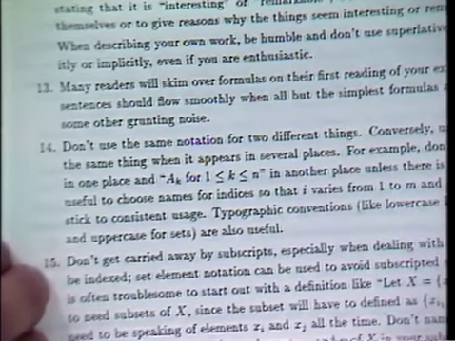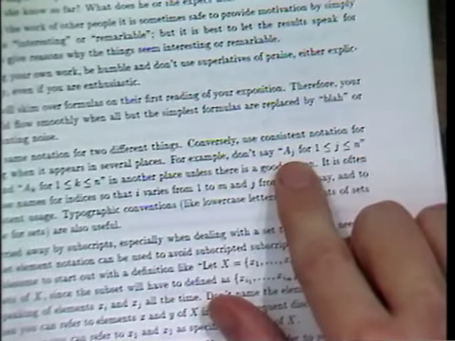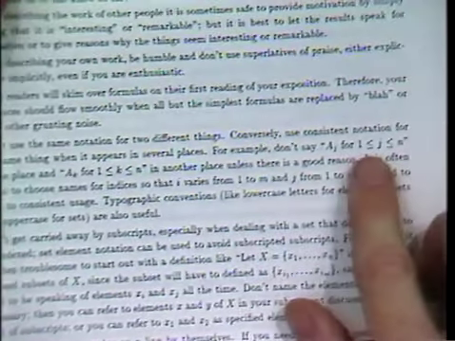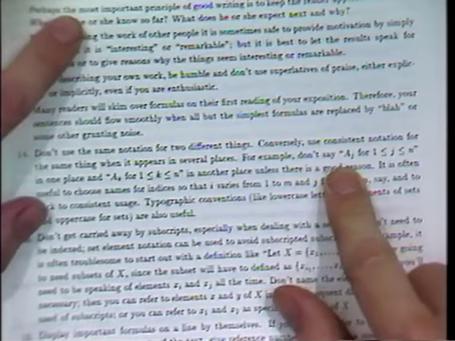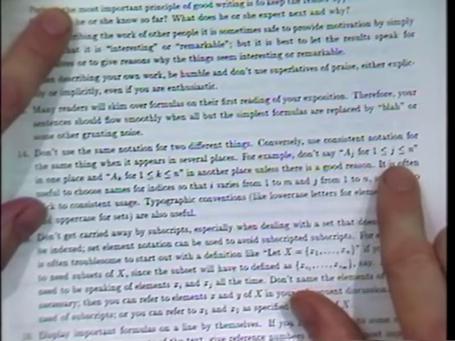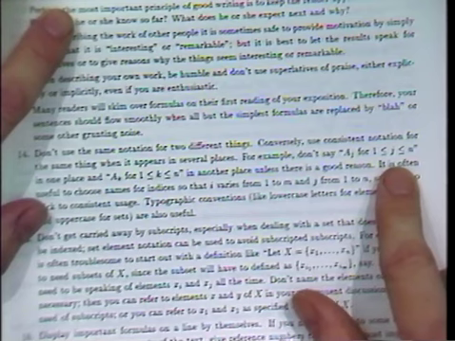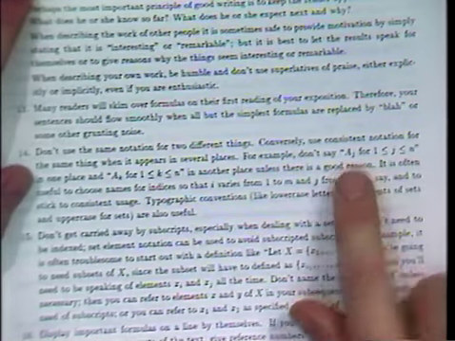Okay, so the idea is that a bad thing would be to refer somewhere to a sub j, j to n in one place and a sub k in another place, unless there's some good reason. A lot of people also would refer to a sub i. An index is usually called i. I think Fourier invented index notation using the letter i. But unfortunately, i is also the square root of -1, and so if you ever come close to complex numbers, you probably want to get used to using indexes k and j instead.